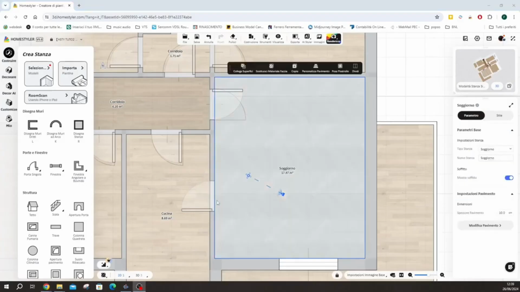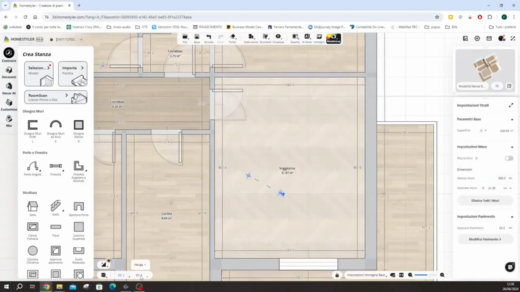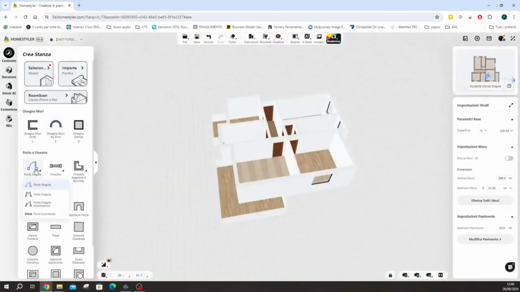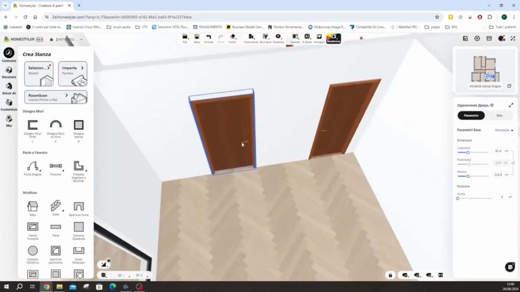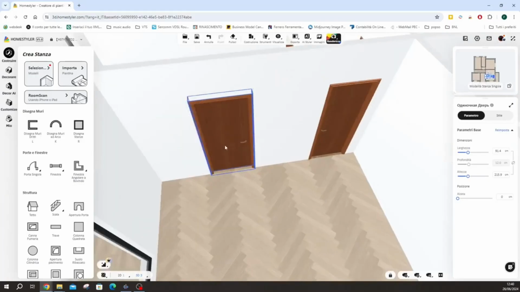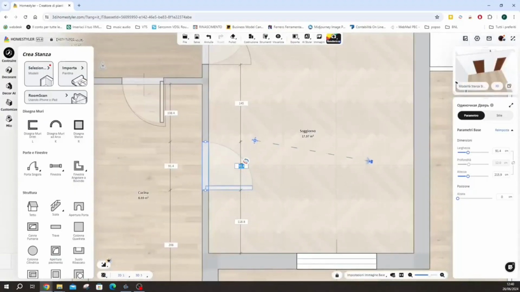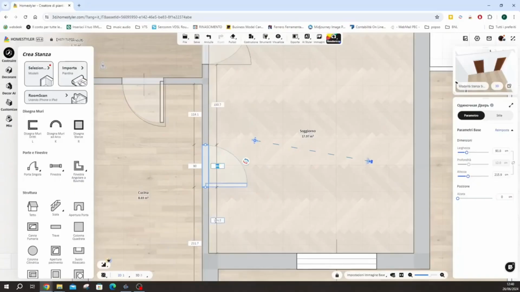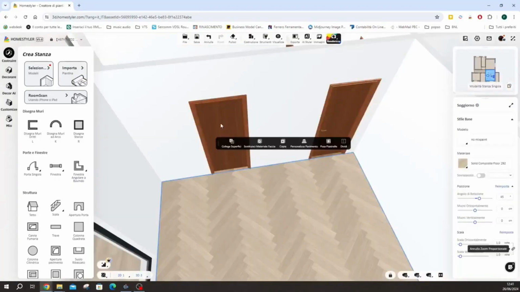It is also possible to insert the door in 3D mode. Let's take a look. Let's delete this door, go to 3D mode, select the single door command and insert it into the wall. As we can see, the door can be moved, but to set the measurements correctly we need to go to 2D mode, which shows us the measurement options. Let's enter the width and distance of the wall. Let's go back to 3D mode.